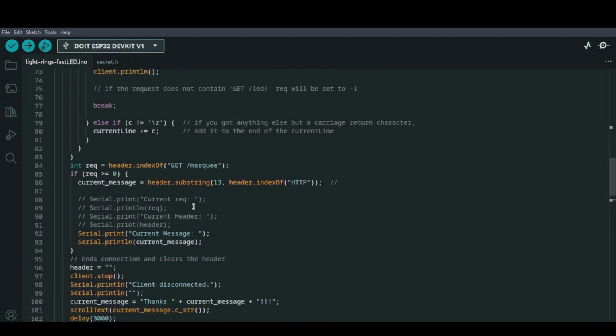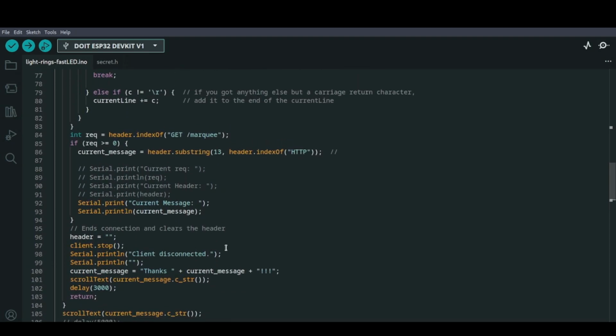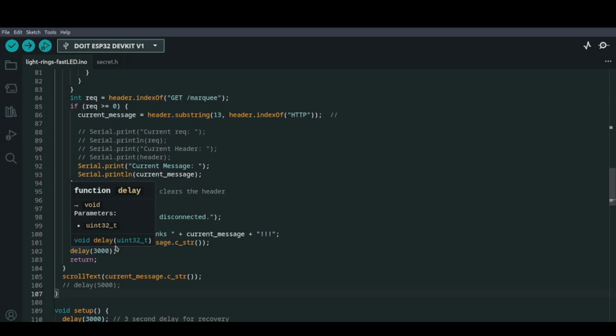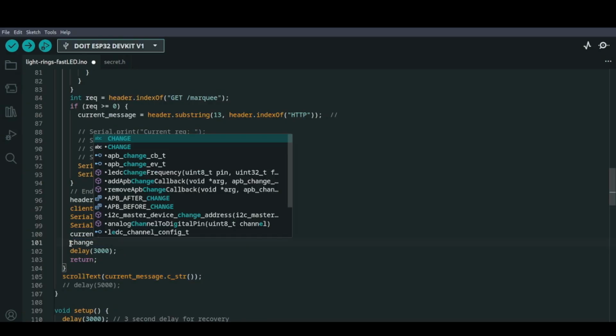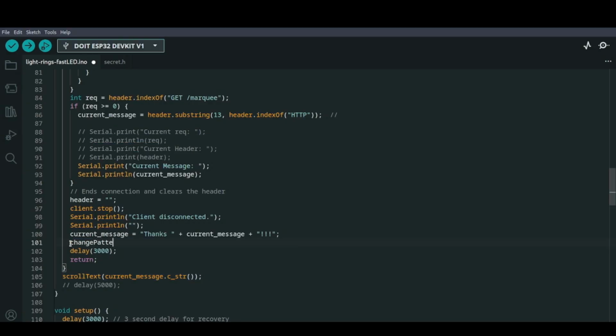We are going to keep most of what was in here, and the only thing we really need to change is instead of scroll text, we're going to do change pattern or something like that. I'm thinking change pattern, and we'll have that be current pattern.